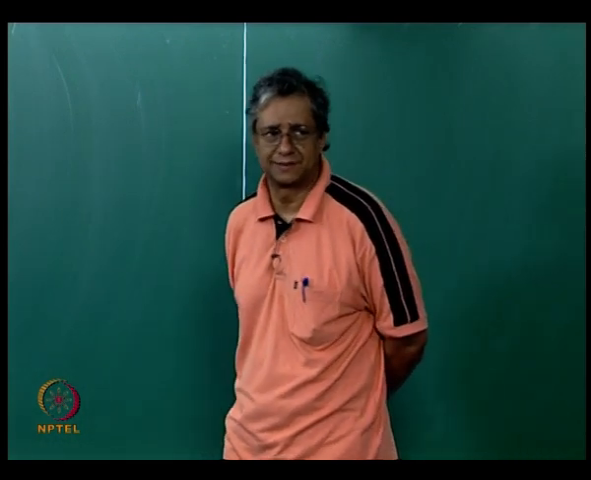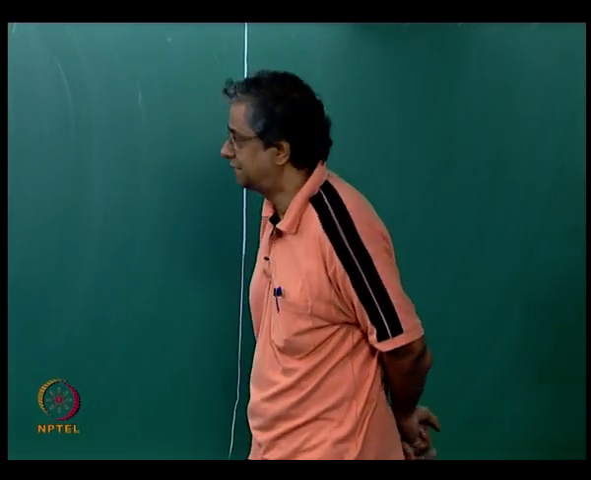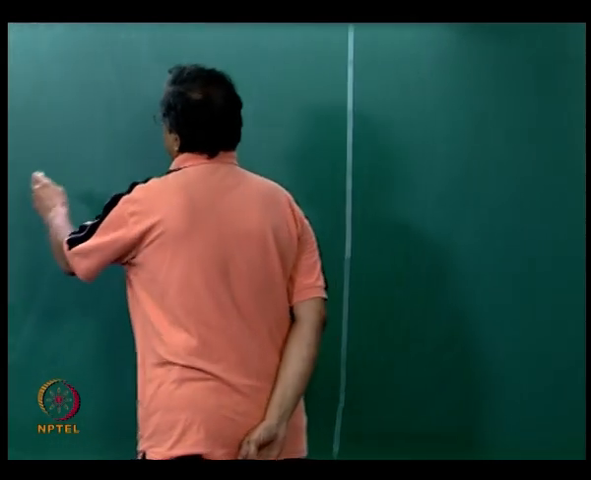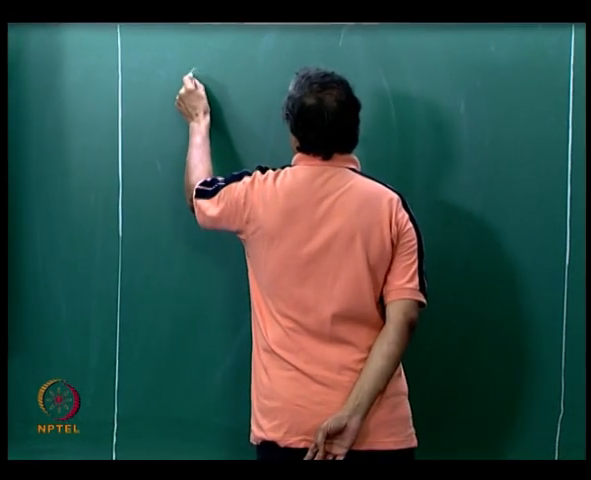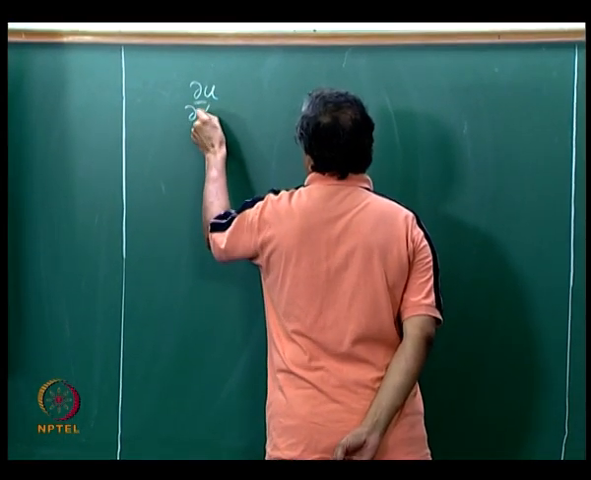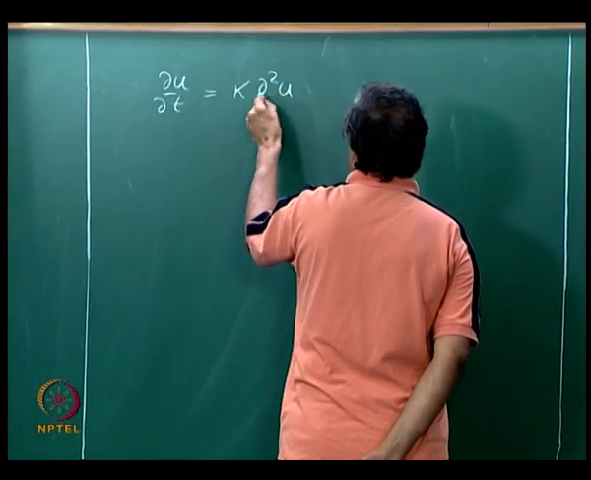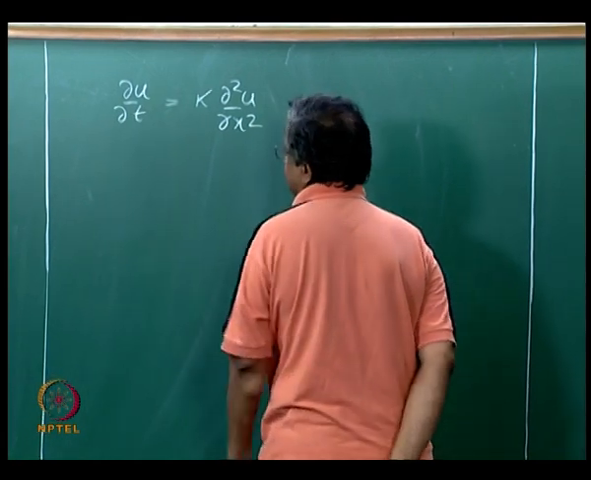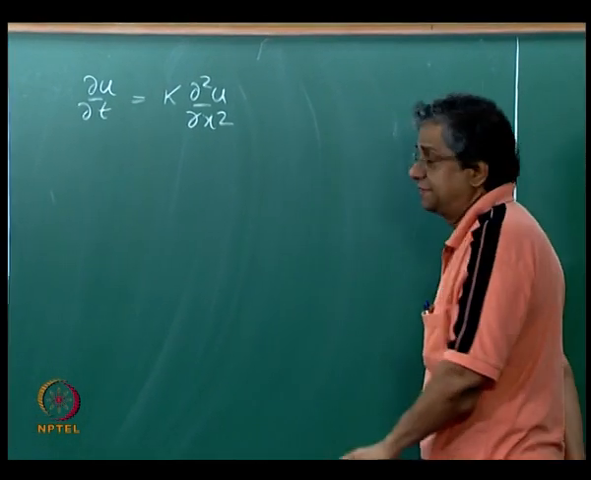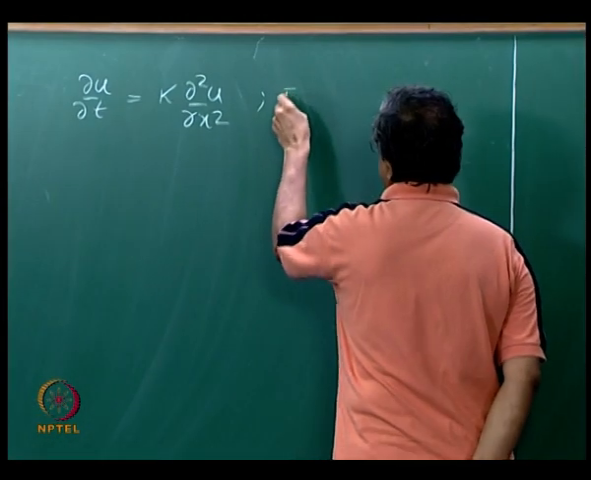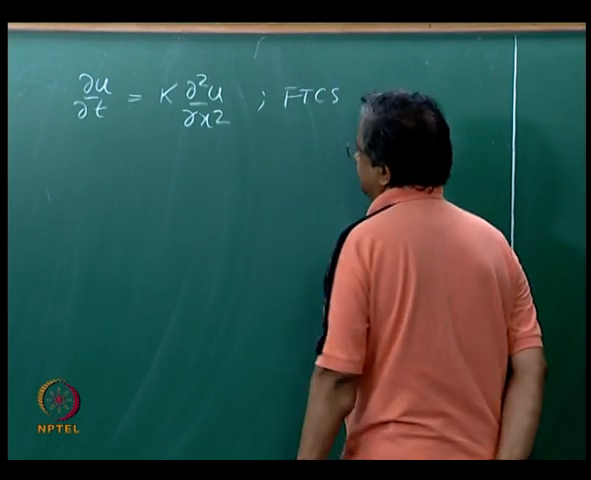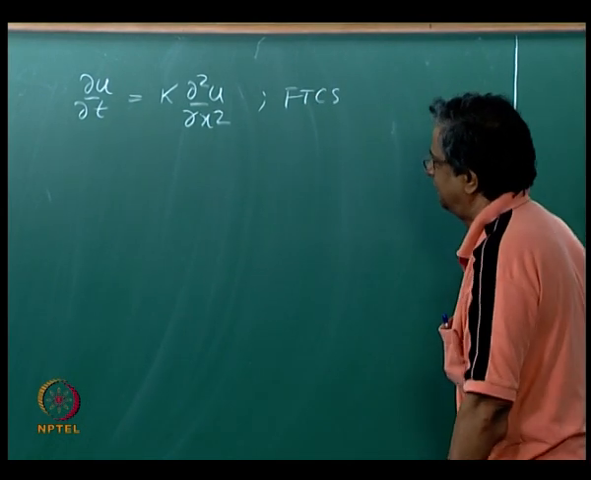We had already done it, I will just quickly repeat it. So what did we have? The 1D heat equation looks like that. If you use FTCS, if you apply FTCS to this,